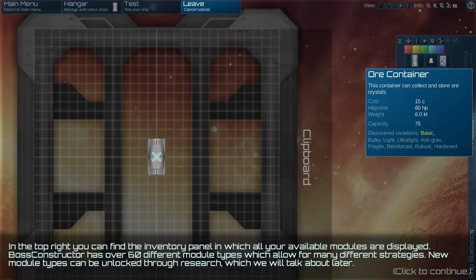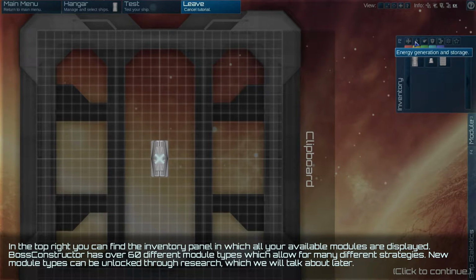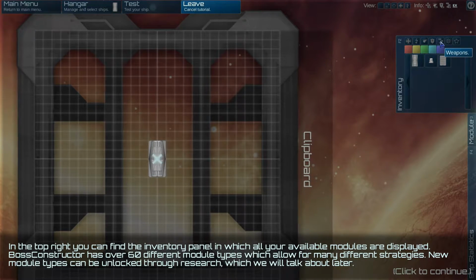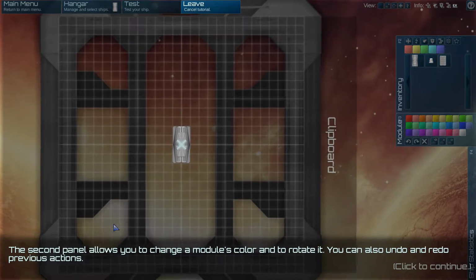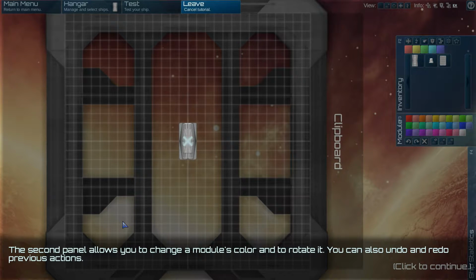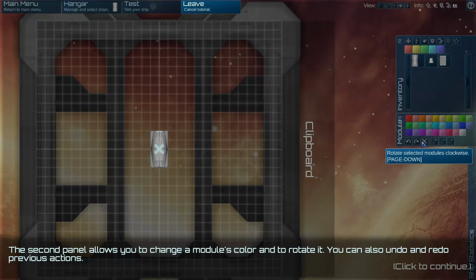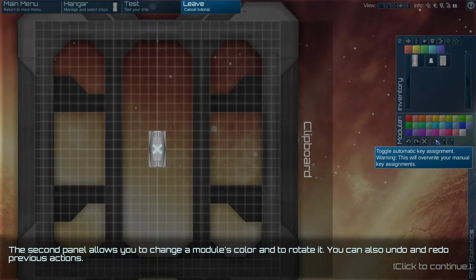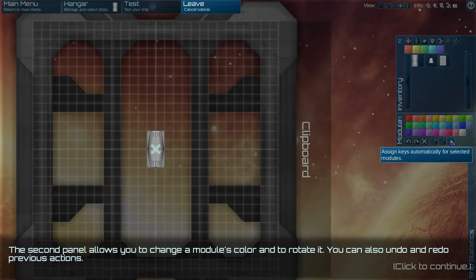Ore container. This container can collect and store ore crystals. We have inferior, common, rare, superior, and legendary. Structure, generation, propulsion, defense, weapons, decoration, all modules. Those are filters. Okay. Second panel allows you to change a module's color and rotate it. You can also undo and redo previous actions. Color, rotate, rotate. Get rid of it. Toggle automatic key assignments. Clear key assignments. Assign keys automatically